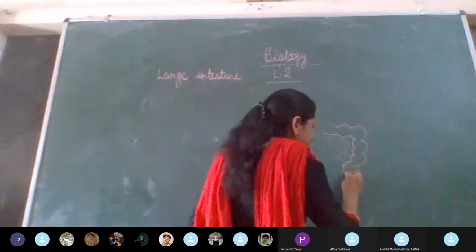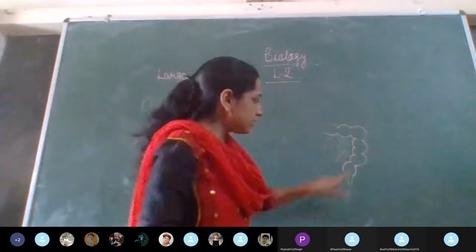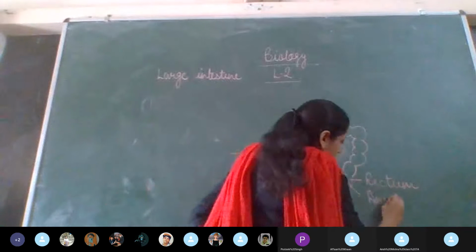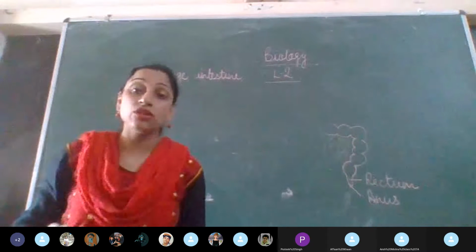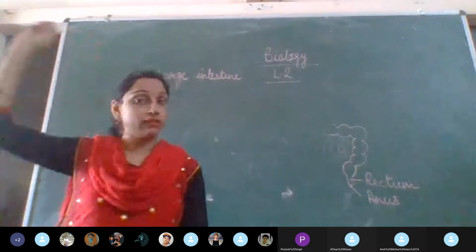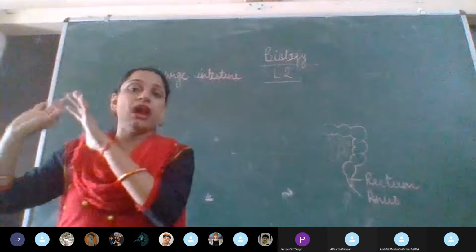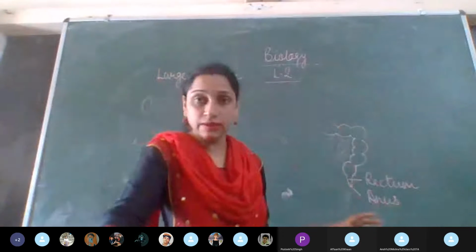So we see that for some time, the food remains here in the rectum, this undigested food that I am talking about. And then through this hole, this anus, the undigested food material is expelled out of the body. This is called egestion. If you remember, in case of amoeba, we talked about ingestion, taking the food, and egestion, expelling out the waste material or the waste food which is not required by the body. So the same thing happens here.